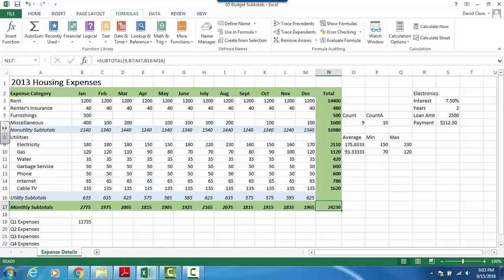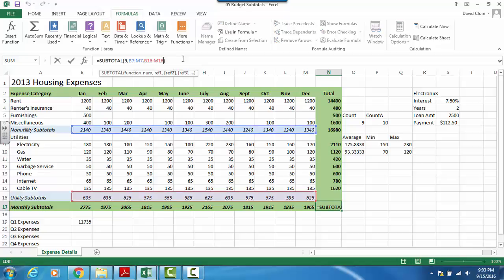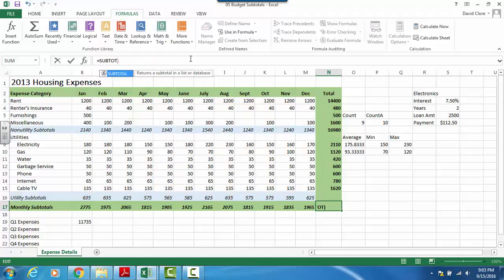So in this step by step, we're going to talk about modifying ranges for subtotaling. So in cell N17, come down to N17. This is the last equation we did in the last step by step. So if you notice, we manually put in our cell ranges here. So what we want to do, we want to change this. So we're going to keep, well, subtotal 9, comma,